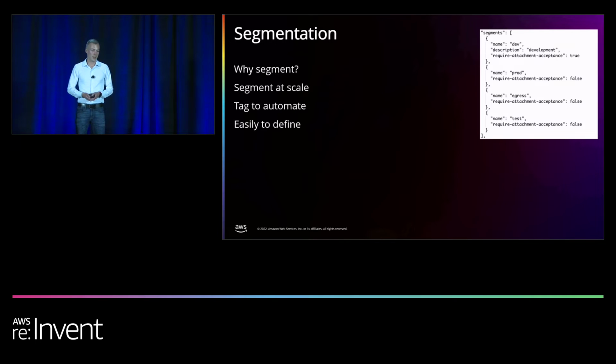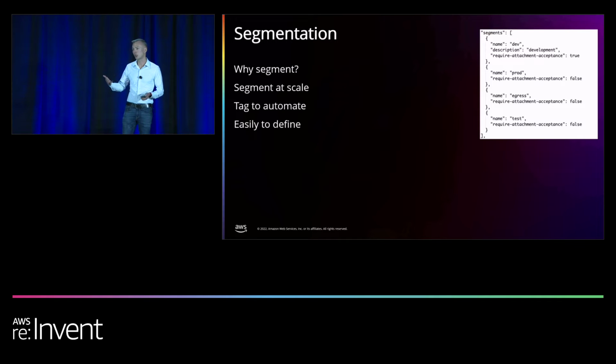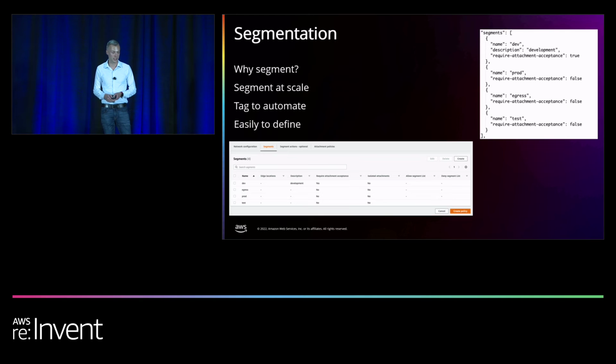So we can see the segments here, again, fairly easy to define. The acceptance here, so there's a workflow process. You can either carte blanche just accept as soon as you attach to something, go ahead and start routing traffic and associate it with a segment, or you could choose the option to say false. You want a manual process where either a human needs to go in and say, I approve this explicitly, or you have a programmatic action that says the policies are proper, go ahead and attach this. So you have an additional control and gate to keep before you get access to a segment.